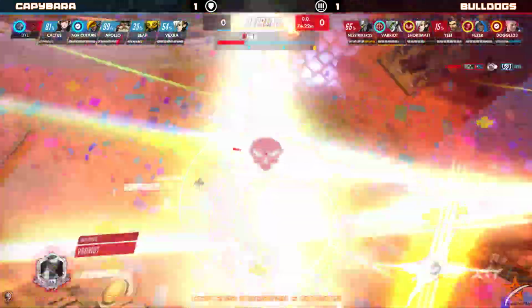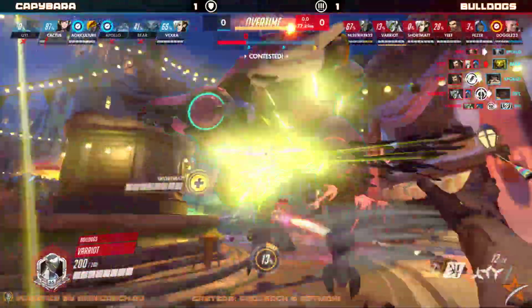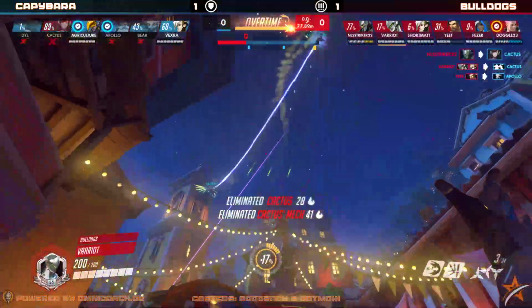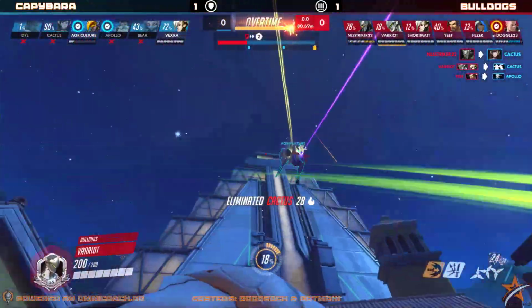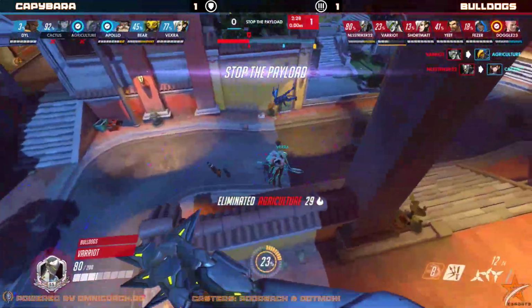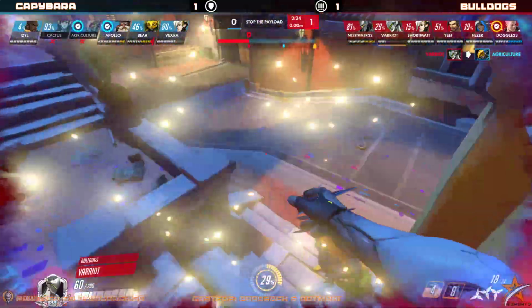The Immortality Field buys Capybara some time, but he's still able to take down DYL eventually, and they will break through off the back of that. Oh, Agriculture's sitting on the barrage. They haven't used it. It isn't actually over just yet. The Farret's still alive. Nope. Variant's not going to let him get away from his team,